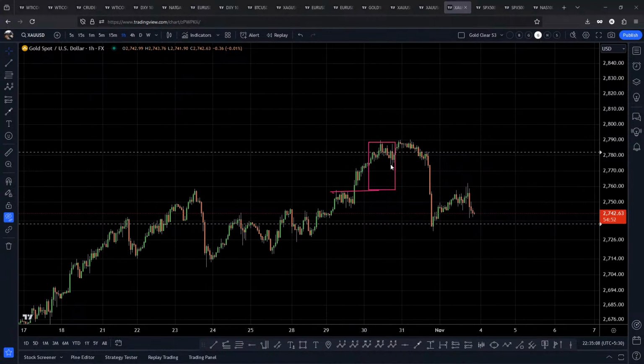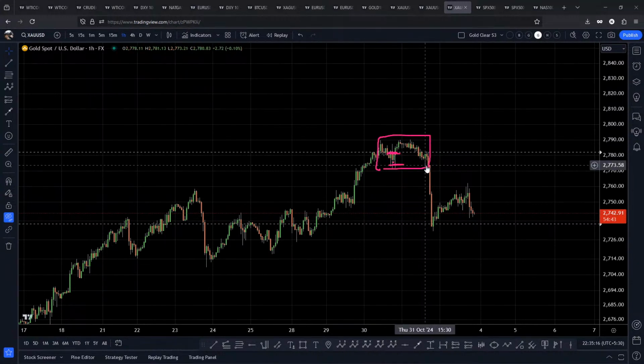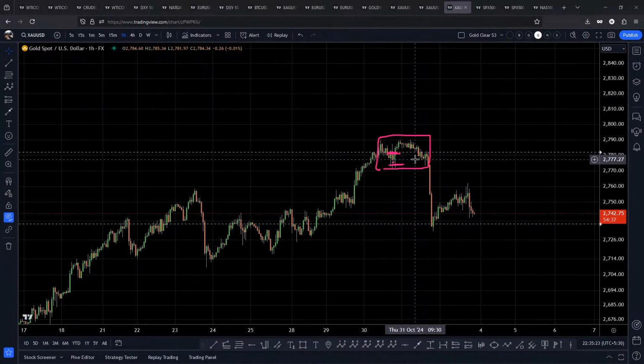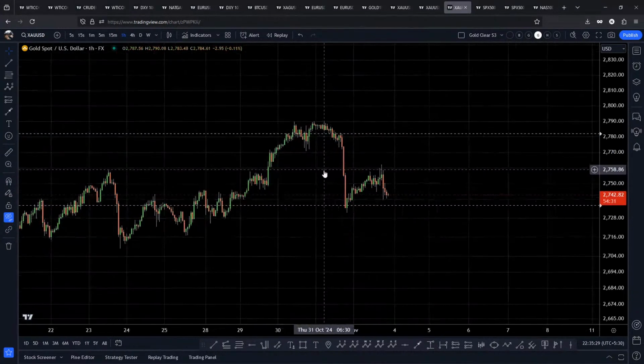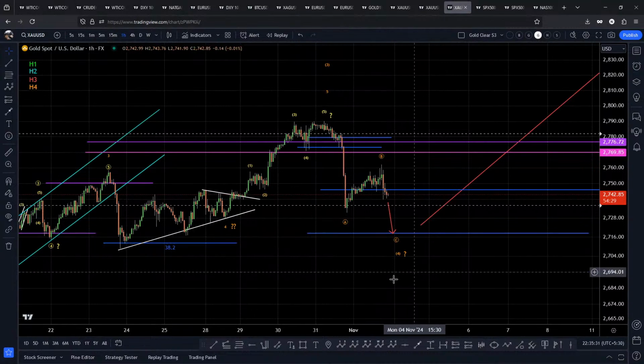Right after that, I was also long here, thinking that this is just a sideways move. My stop loss was here around 2772, and entry was around 2780, roughly speaking. I'm not very sure about that entry. Anyways, this strong leg down suggests that something else is going on, and basis on that, here is our updated